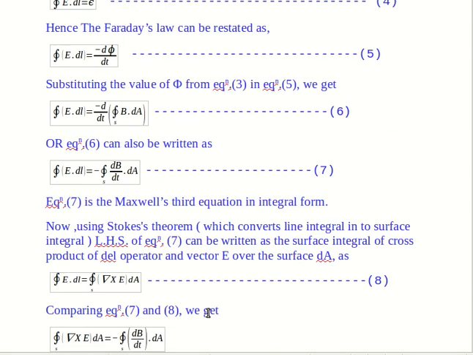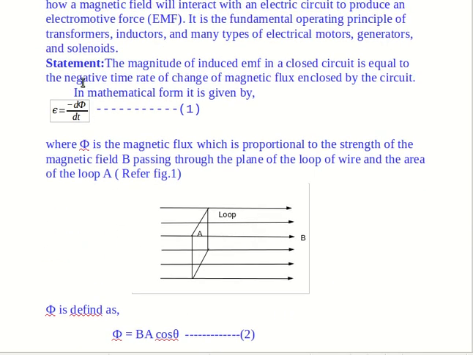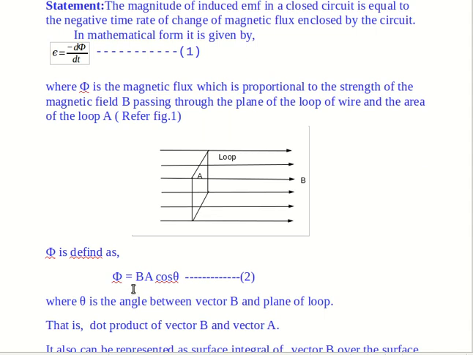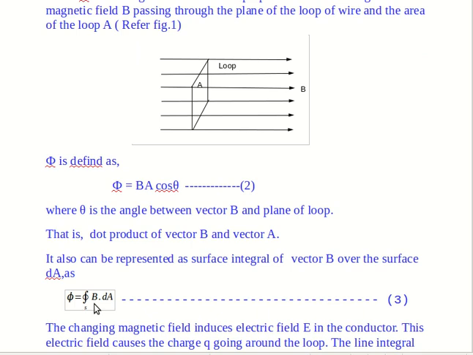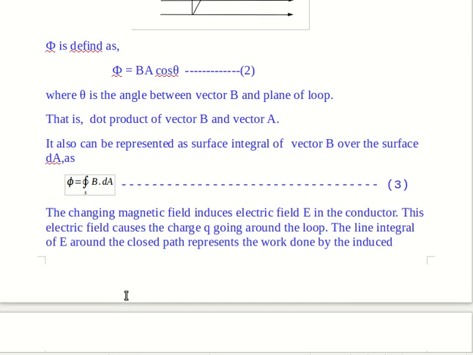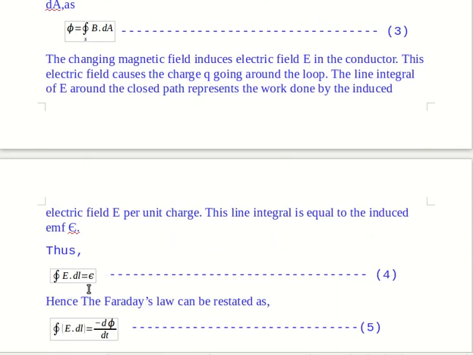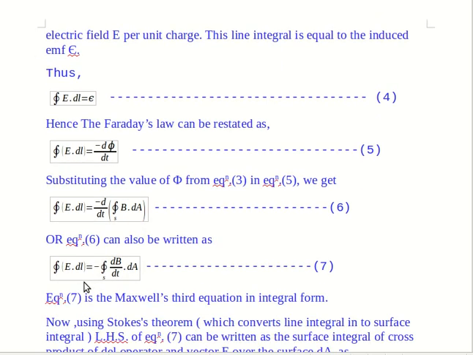Note that. Let us again see here how to get these differential equations. First of all, by defining the statement of Faraday's law. Further, we have defined the flux B A cos theta, and the value of this flux we have written in terms of surface integral over that surface dA. And especially one more thing is here, we have tried to link this B to the electric field, and thus we have written EMF as the line integral E dot dl, and further there are just mathematical rearrangements and simplifications.